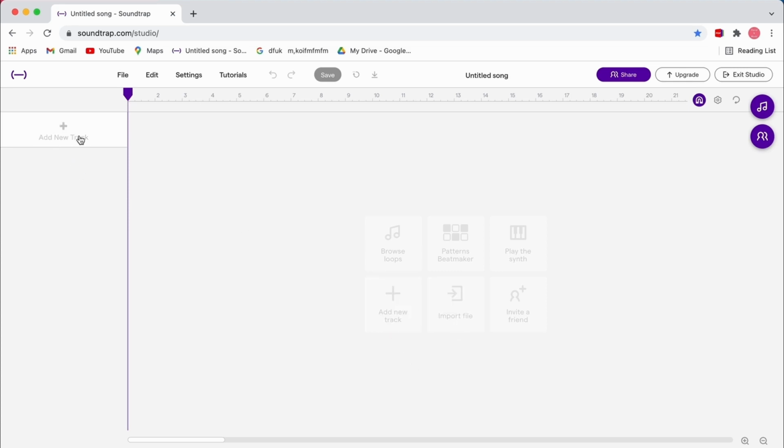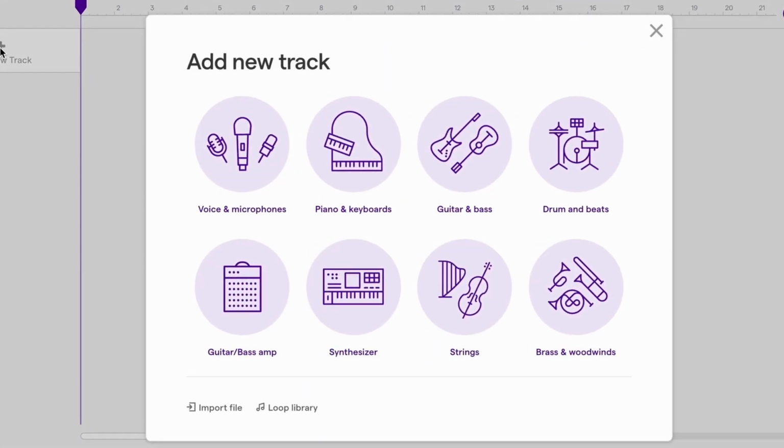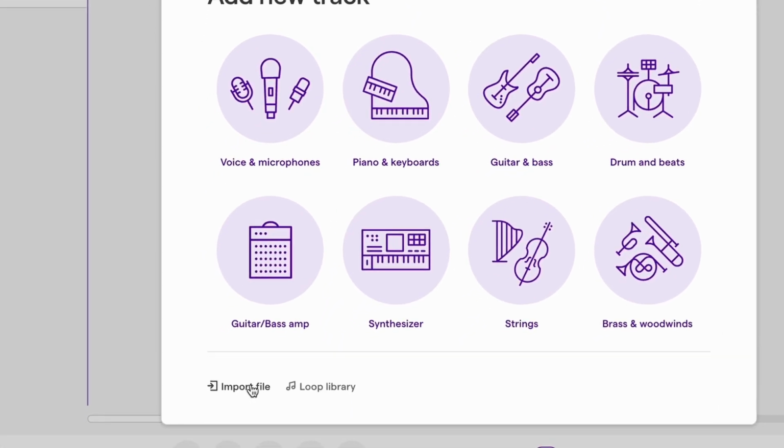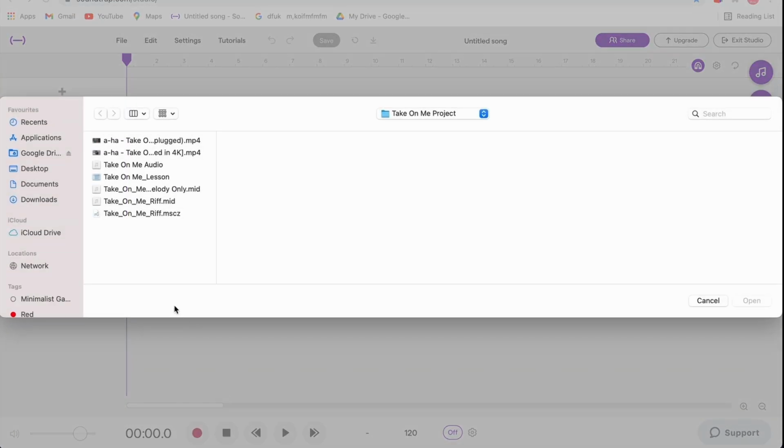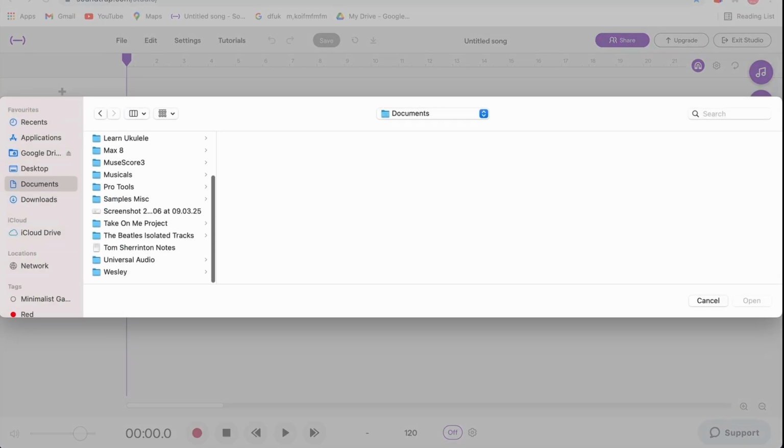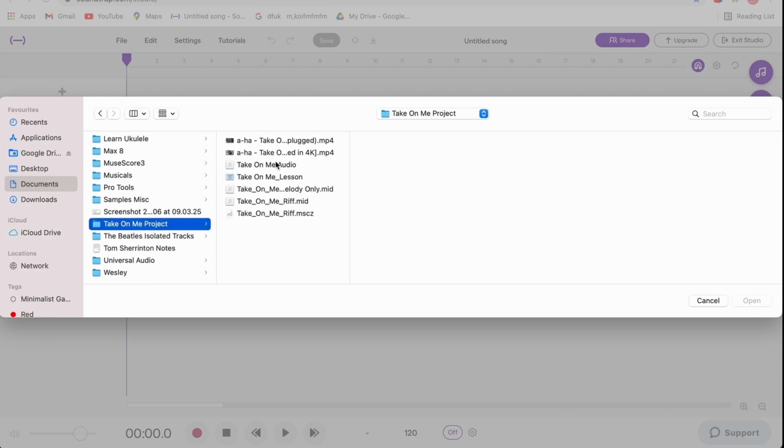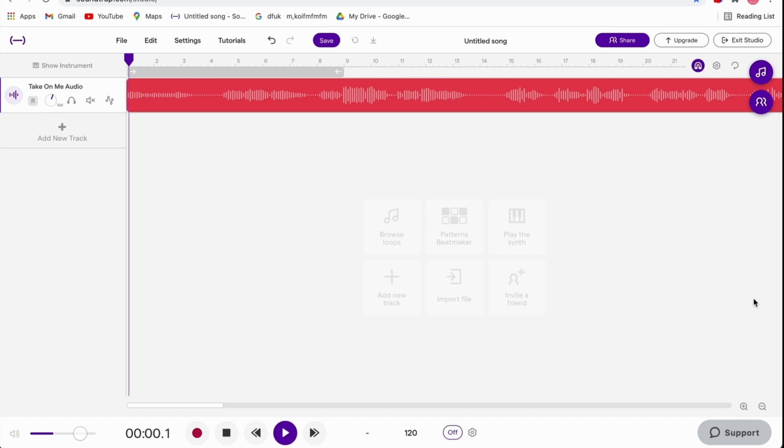I'll do it this way for today. Click on the plus, come down to the bottom left corner where it says import file. Click import file. This takes you to your documents. I'm going down to my Take On Me project and I'm going to insert the Take On Me audio. Later on, I'm going to show you a few tips for how you could go about isolating an audio like this. But right now, I'm going to show you how we would edit this audio track and